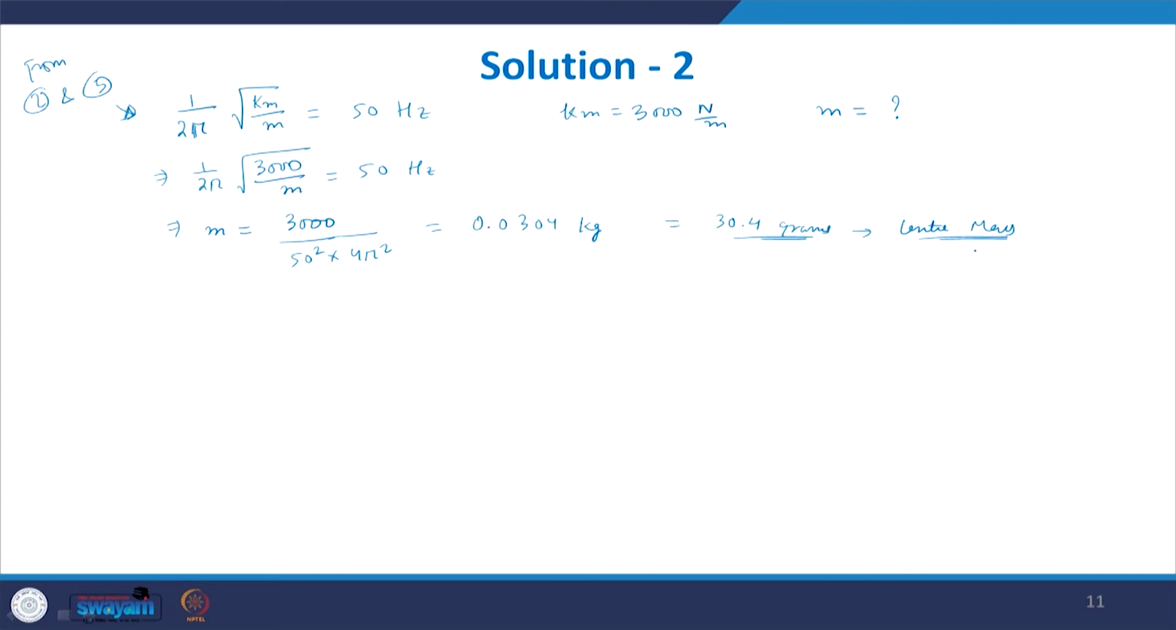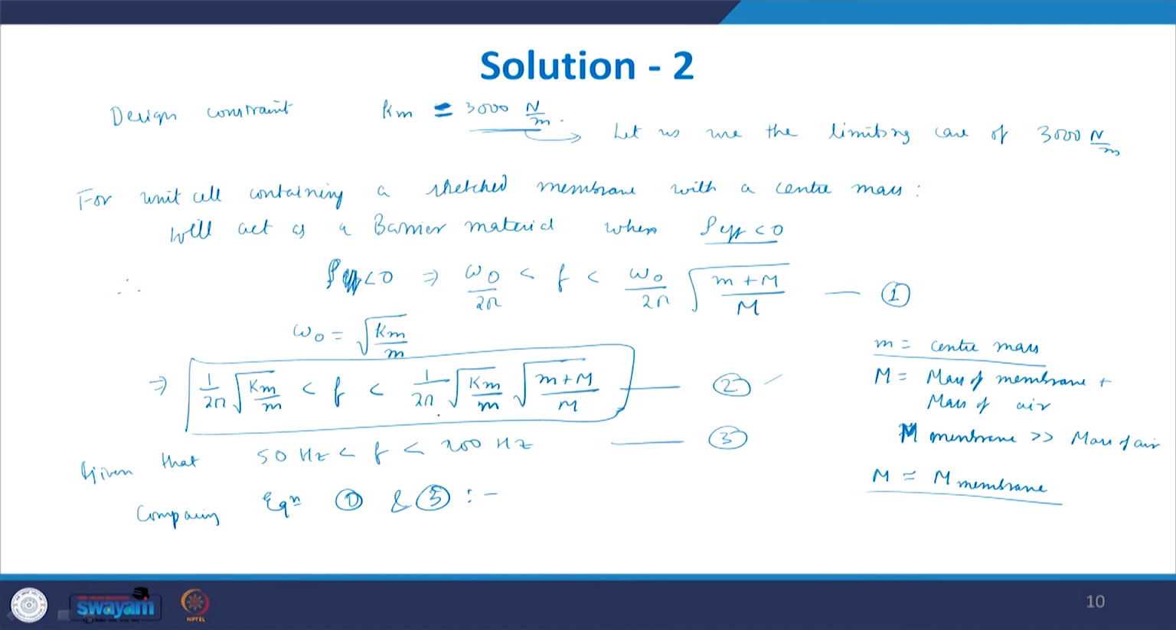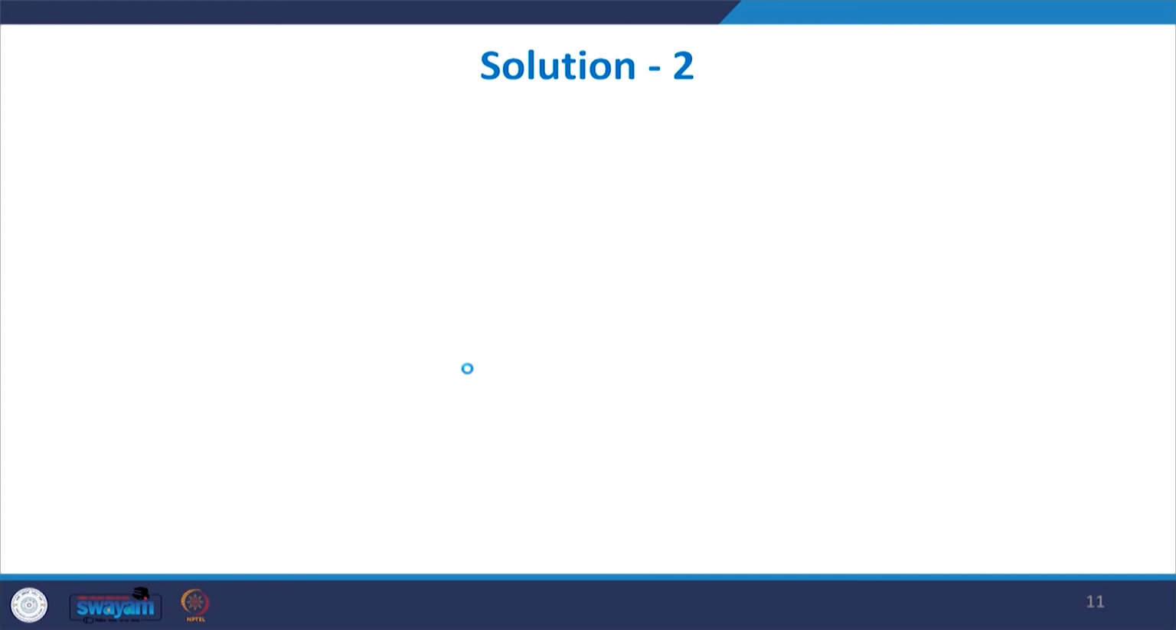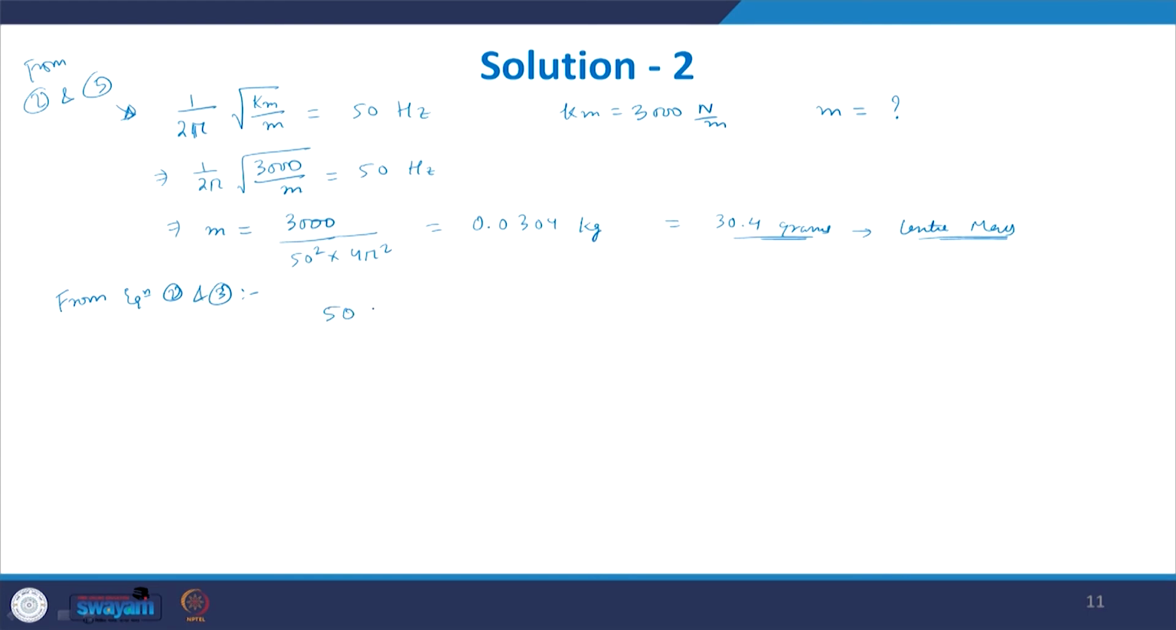Now, let us find, again we compare from equation 2 and 3. So, let us compare the other end of the frequency. So, here this quantity should be equal to 200 hertz if you see equation 2 and 3. So, this entire thing becomes 200 hertz, and we already know that this is 50 hertz. 1 upon 2 pi under root of km by m is 50 hertz. So, from 2 and 3, 50 multiplied by this quantity should give us 200 hertz, and we know m is equal to